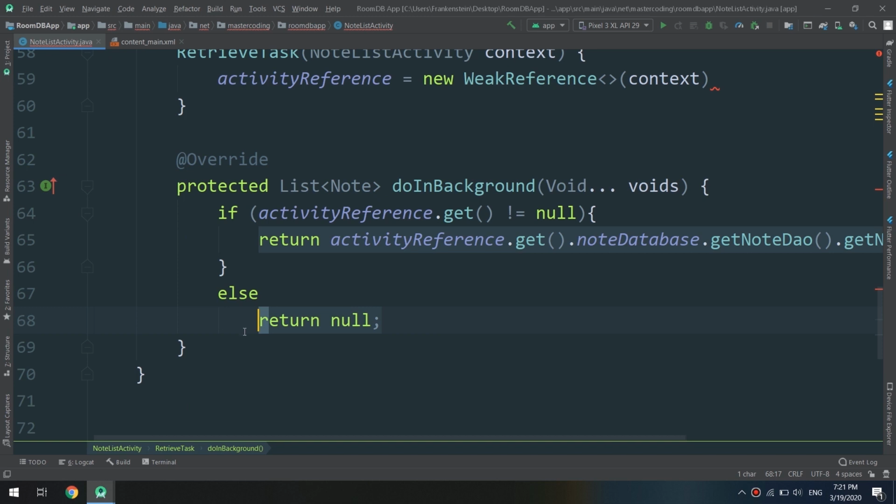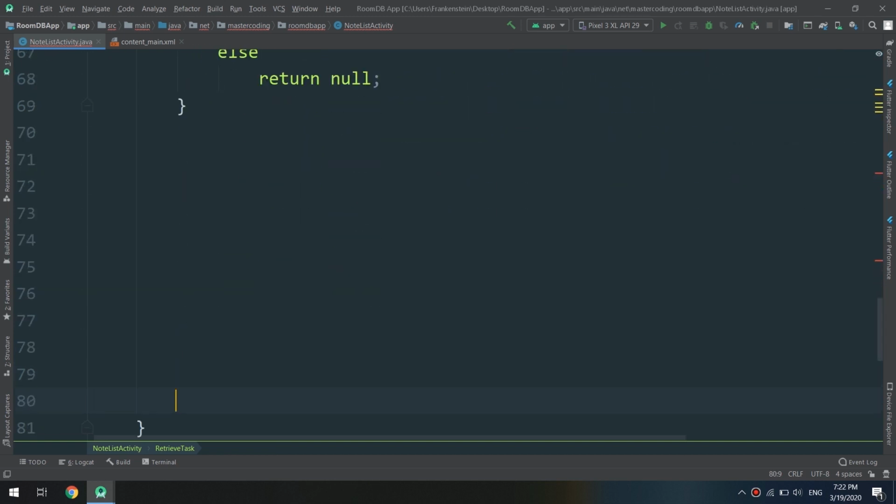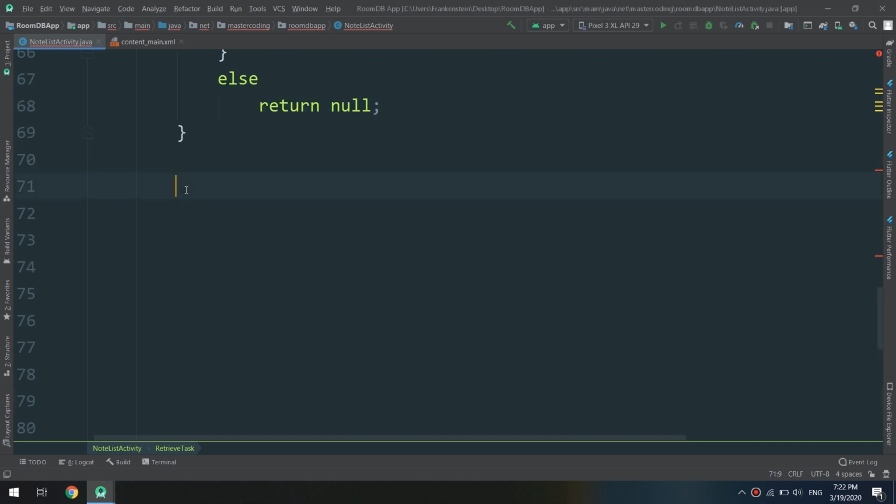Okay, everything till now is well clear, as I think. Now we will create another method that we have seen before. It is called the post execute. So we are going to override